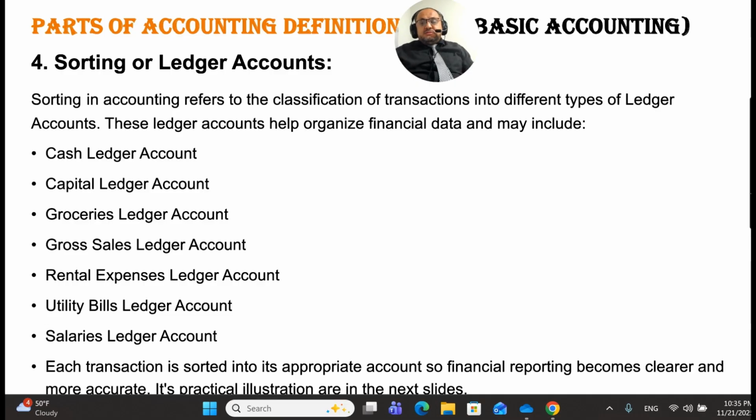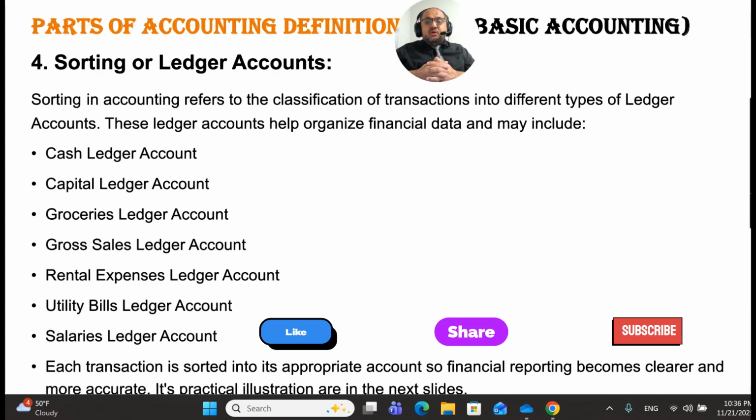Dear viewers, today I'm going to teach you the fourth part of cost accounting, which is sorting or ledger accounts. Before going through the ledger accounts, I would like to give a slight piece of information: what is a ledger account and how do we prepare these ledger accounts. When we enter all the business transactions during a month in the journal entries,